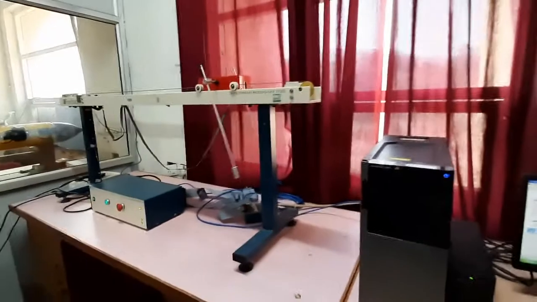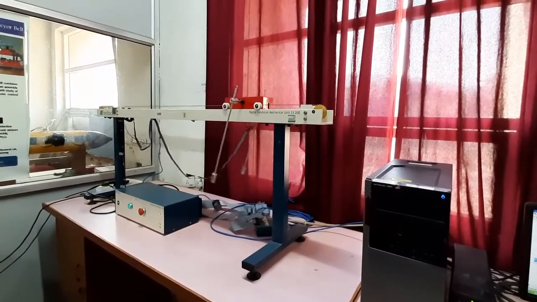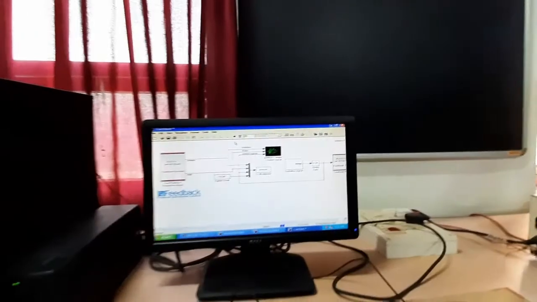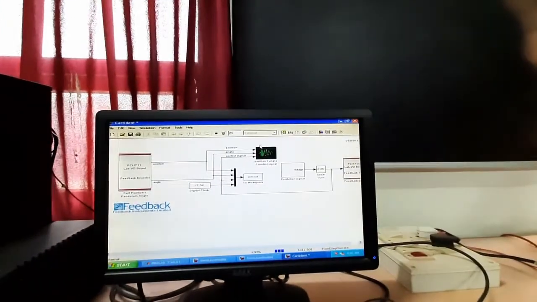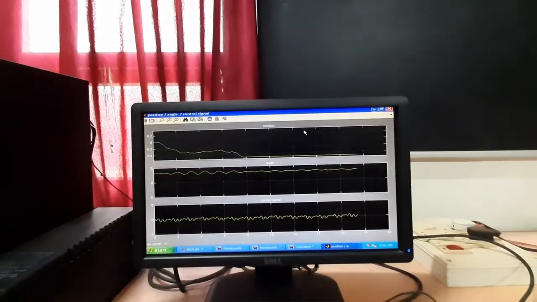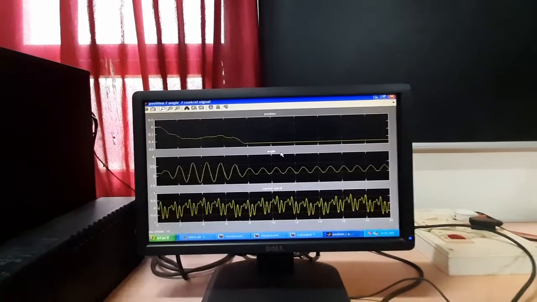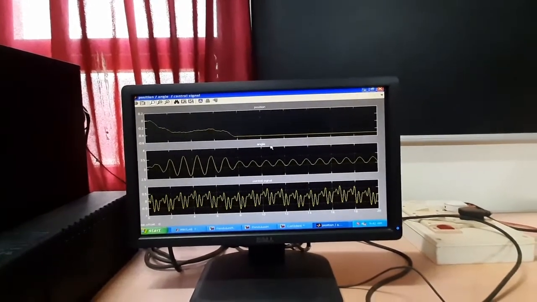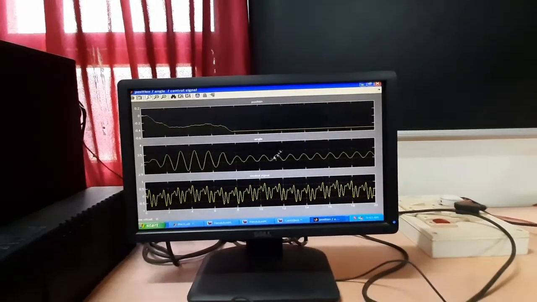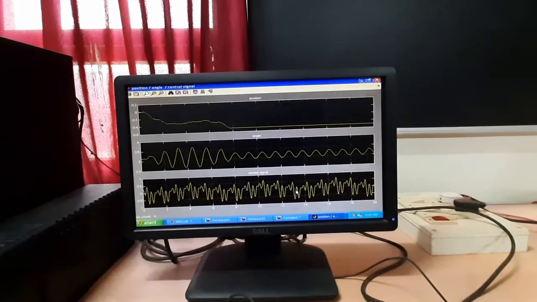We can see our cart is moving. With this movement, here is its response. This is the position, this is the angle, and this is the control signal input.